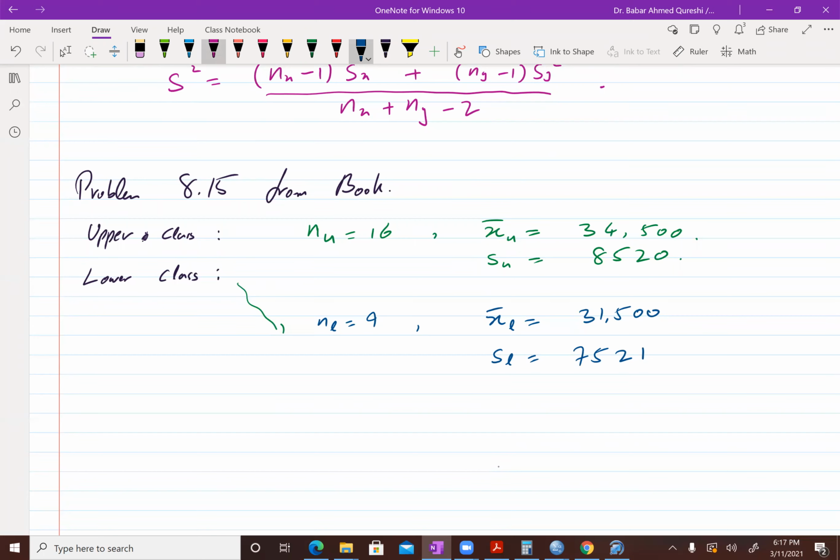Well, first of all, you make the point estimate. This point estimate is telling you that the people from upper backgrounds on average get higher salaries, and the salary difference is 3,000. But can you trust it? You picked just a few people and it's all statistical. By chance, you could have gotten a wrong number.